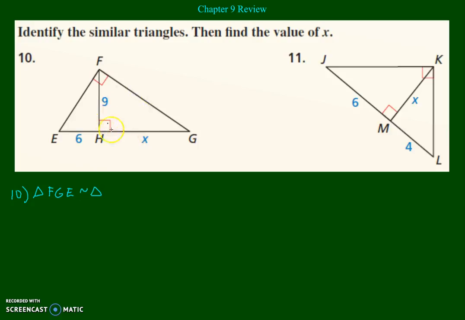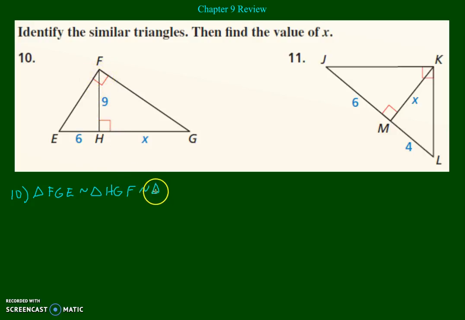Now, I'm going to use this middle-sized triangle. I have to pick an angle that is a right angle. So that would be this vertex, so that would be triangle H. Then I have to have the vertex in this triangle that corresponds to this vertex, G, in the big one, which happens to be G because that angle is shared between the middle-sized triangle and the big triangle. So that's HG. And then the remaining vertex is F,